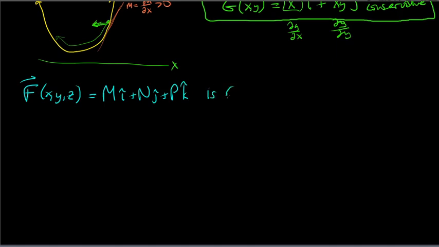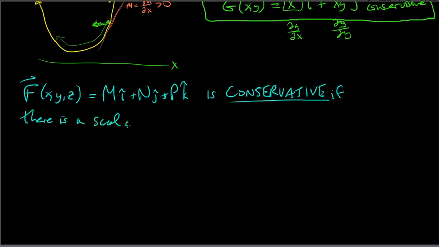So this vector field is called conservative if there is a scalar function, which I'm going to call little f, right? So no arrow here. It's not a vector. It's a scalar function, right? Which we call the potential function